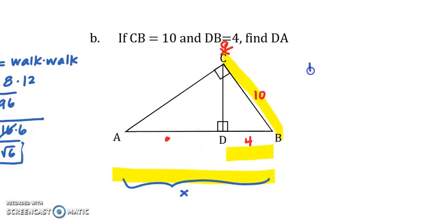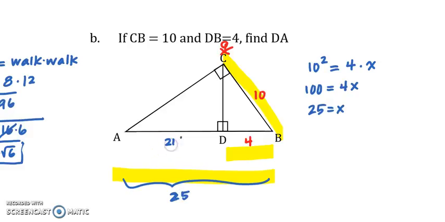So here we go, slide squared. Slide squared, Pete's sliding down 10. He can walk 4, walk times, or he can walk the whole walk, x. Be careful, if you put your x here, you're not going to get the correct calculation, right? Because he can walk short or long. So here we get 100 equals 4x. All right, and we get x equals 25. So if this length is 25, then by subtraction, we get our missing side length here to be 21.